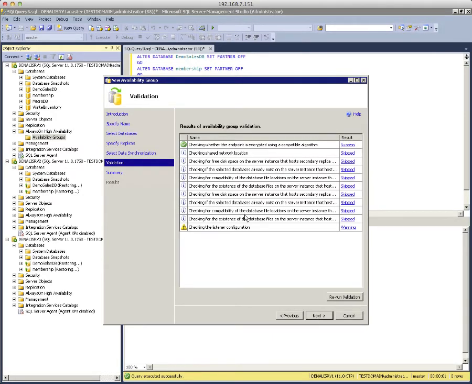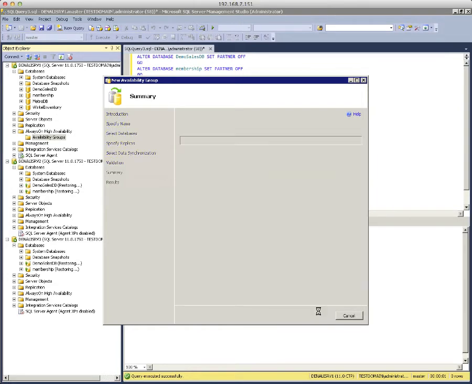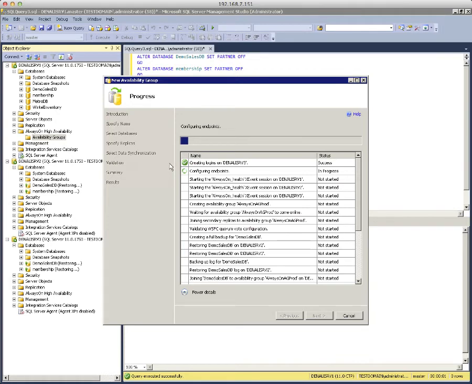Just going through the notion of checking the network location, compatibility, and so on and so forth. Click on next. I can either script the entire process or just let the wizard run on itself. I'll click on finish for the wizard to take care of the rest. Notice that it's now in the process of configuring the endpoints. Of course, it's no longer going to configure the endpoints because